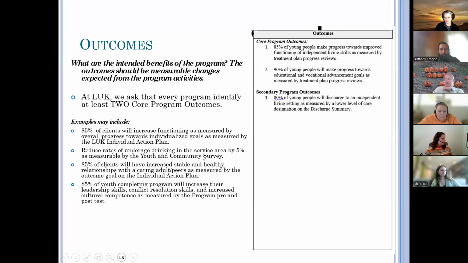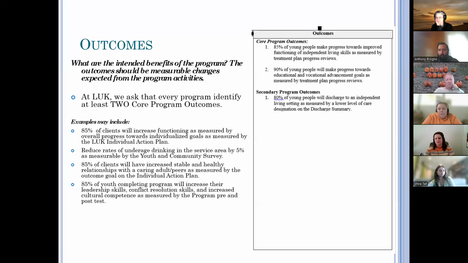When we're talking about, I think to Anthony's point, how do we measure change in a community, it's super difficult. So you might be leaning on community needs assessments from outside, but for many of our CES programs, we have a youth and community survey that we utilize, which has lots of different information.